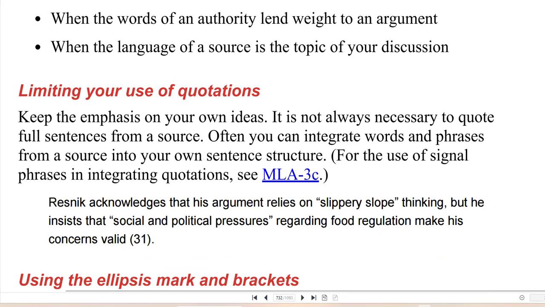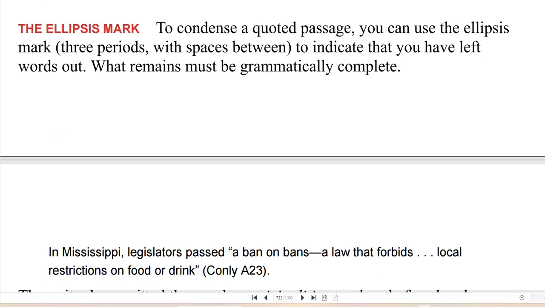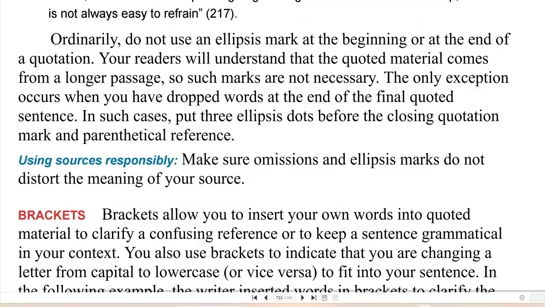It is not always necessary to quote full sentences from a source. Often you can integrate words and phrases from your source into your own sentence structure. Use ellipses if you're not going to use all of the words in a source, or you're omitting some words in a source.